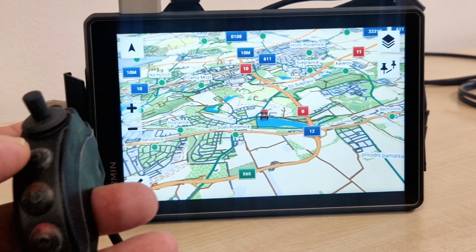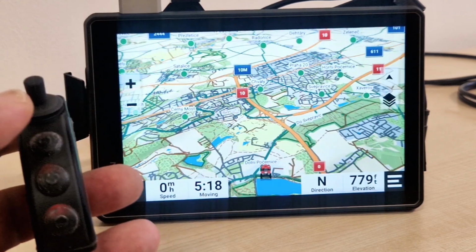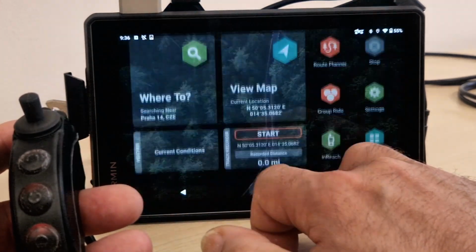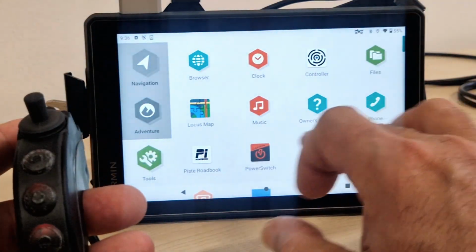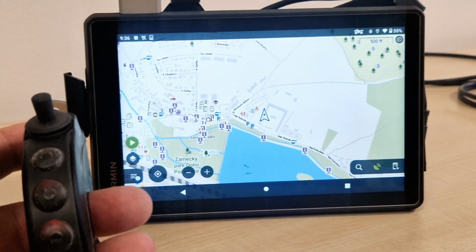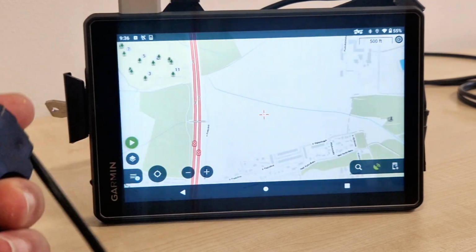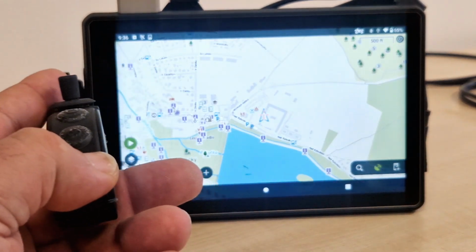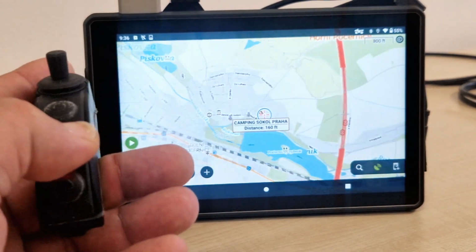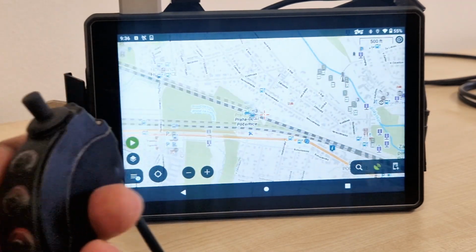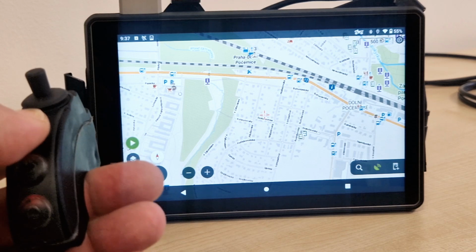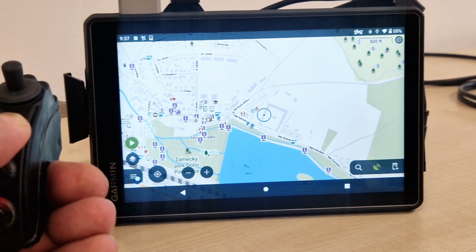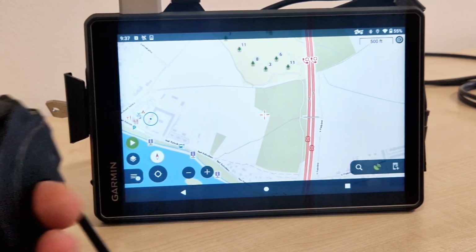And as we were showing on another video, this is how it works on the stock Garmin navigation app. And maybe just another quick look at Locus Map. We were showing that also on another video. Just simply switch over to Locus. Everything works in Locus as well. That's how actually the Carpe Iter automatic app profiling works. It's just reconfiguring the controller on the fly for each individual app.